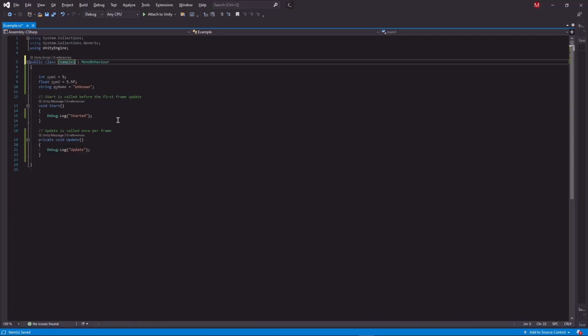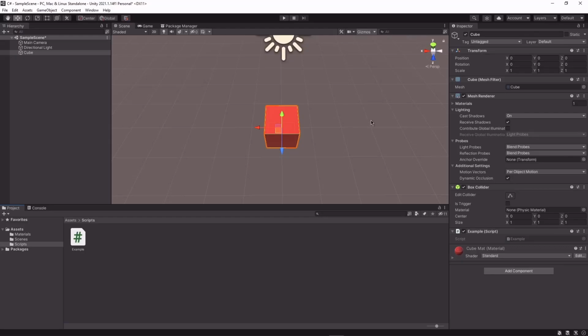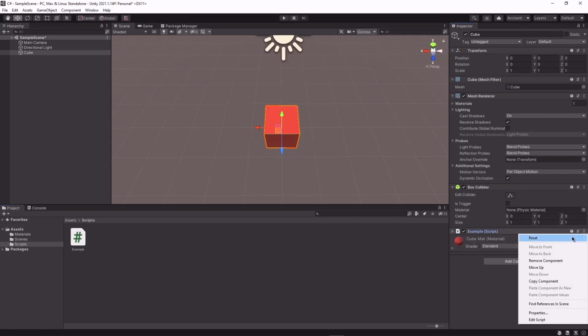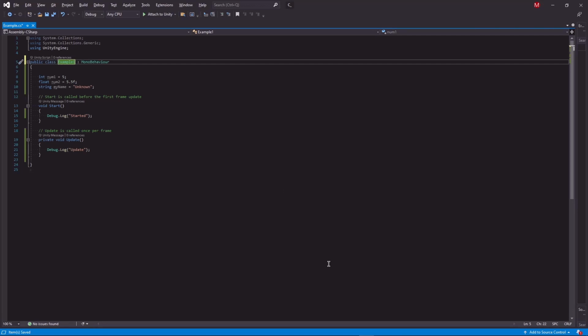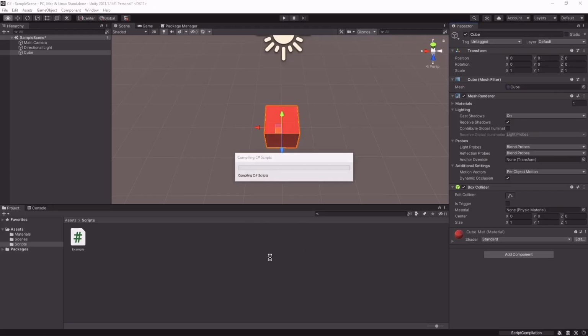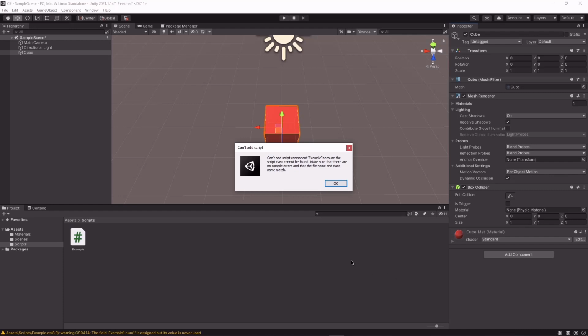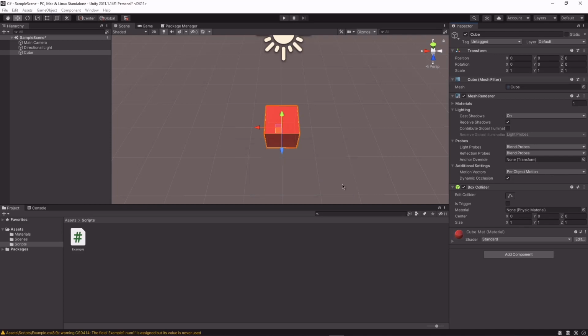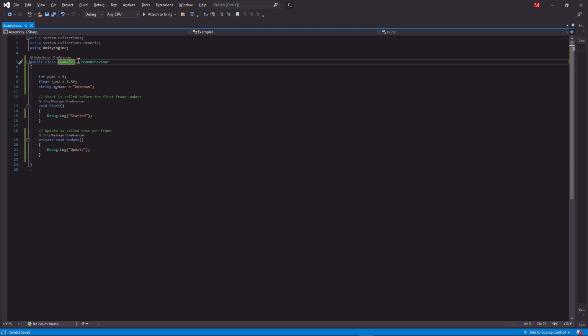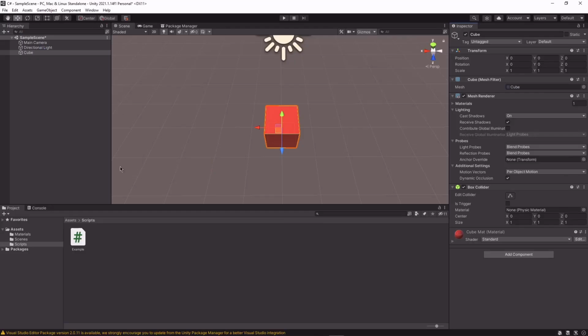If I write example1. First, let me remove this component. Save. Let's compile it. And let's try to attach it. It won't attach because the script class cannot be found. This class is example1 and this is example. So the class with the name example cannot be found. So if I change it to example back, save it,